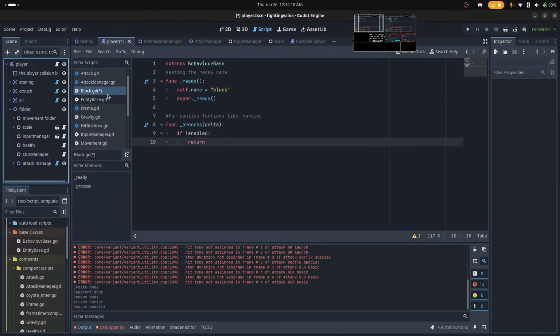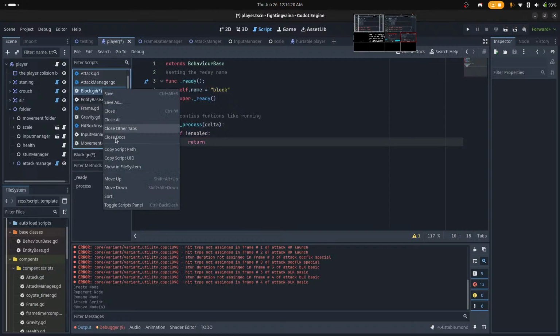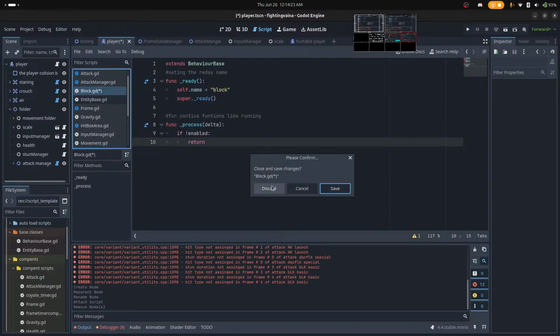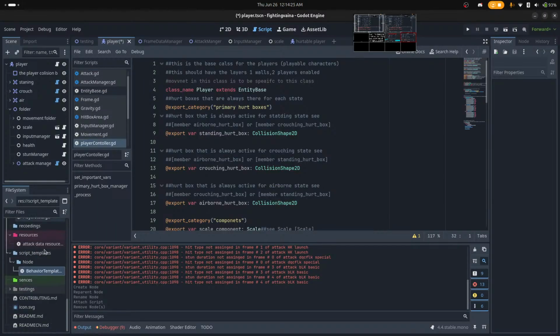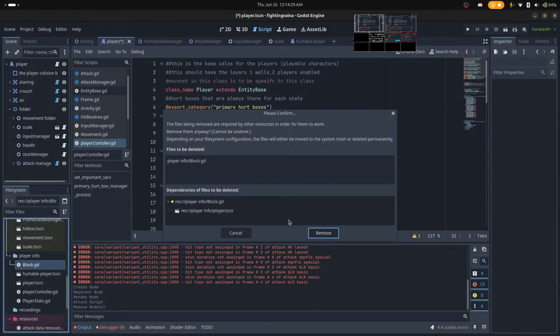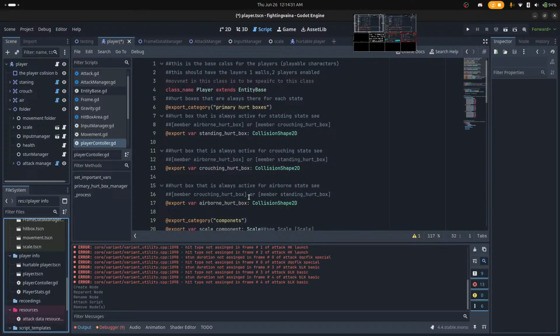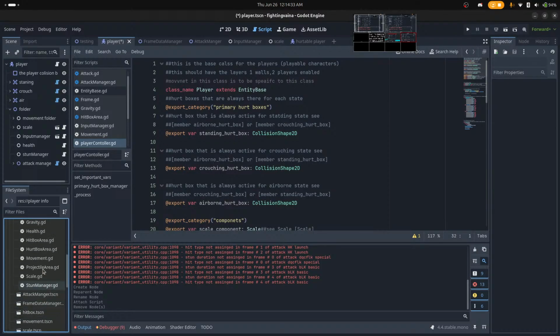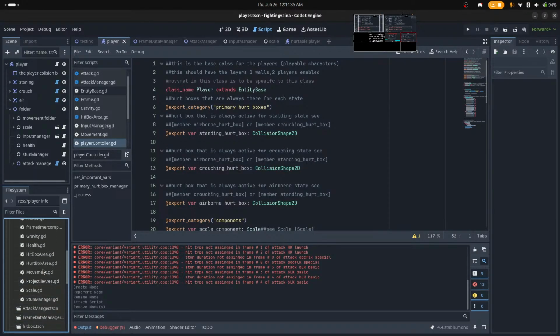Okay. Close, discard. I think it's saved somewhere, which is a problem that annoys me. Yep. Alright. So we have our Boolean for blocking.